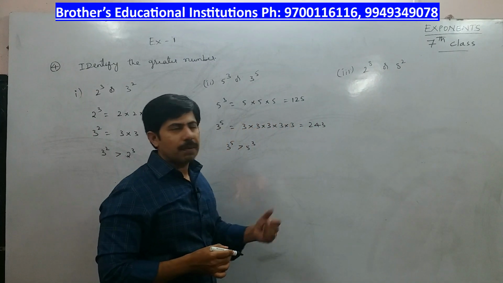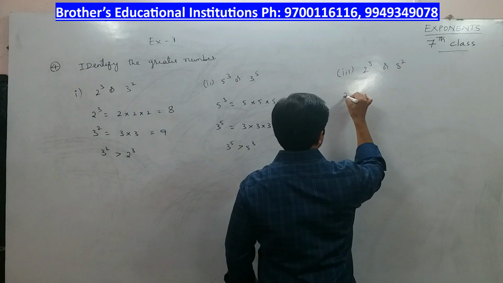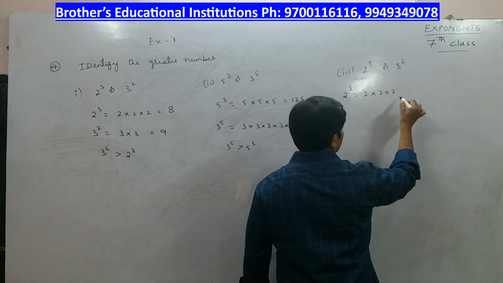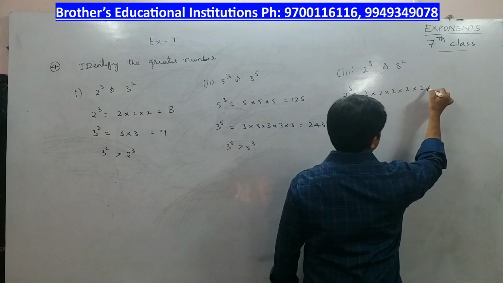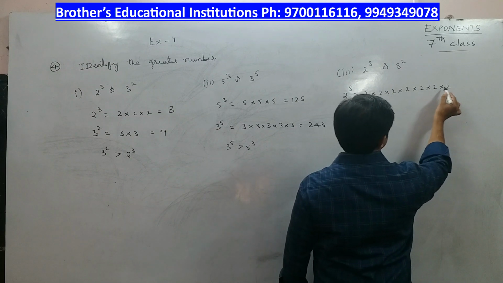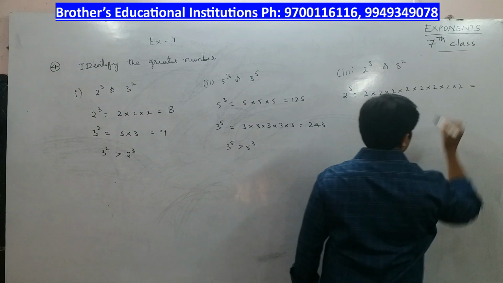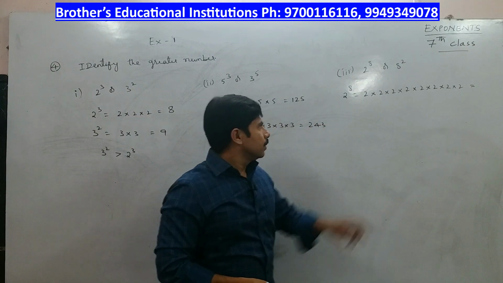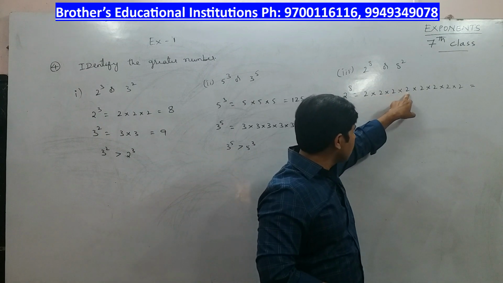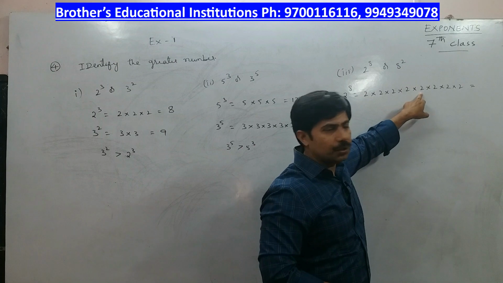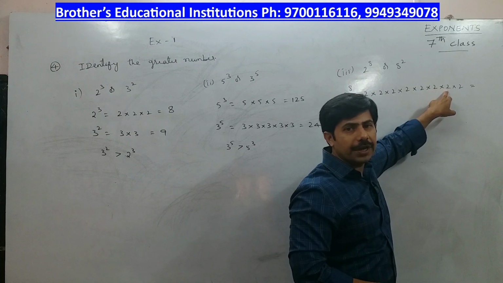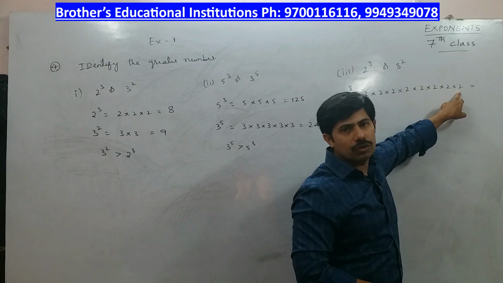First we will expand 2 power 8. 2 power 8 is equal to 2 into 2 into 2 into, we need to write 8 times. 1, 2, 3, 4, 5, 6, 7, 8. Now we will find the result. 2 2s are 4, 4 2s are 8, 8 2s are 16. 16 2s are 32, 32 2s are 64, 64 2s are 128, 128 into 2 is 256.